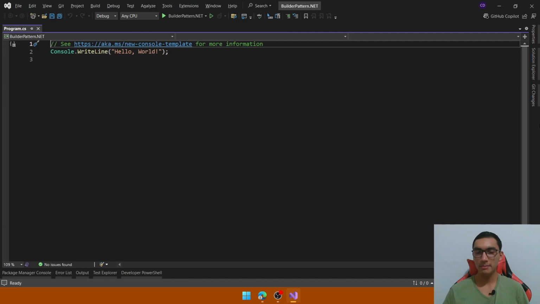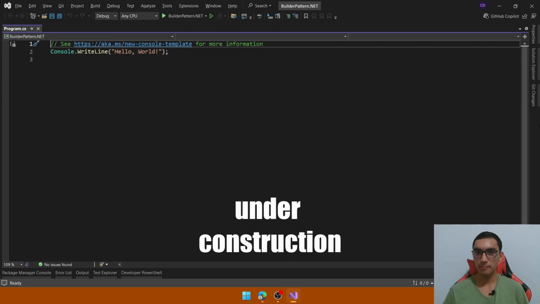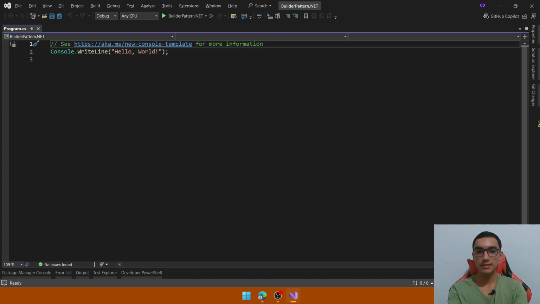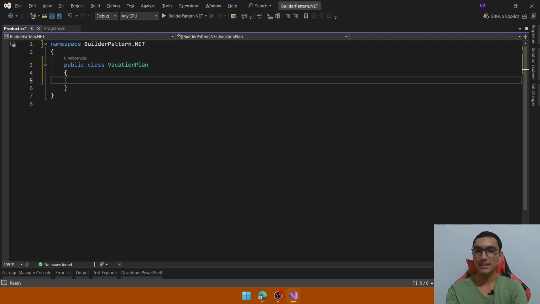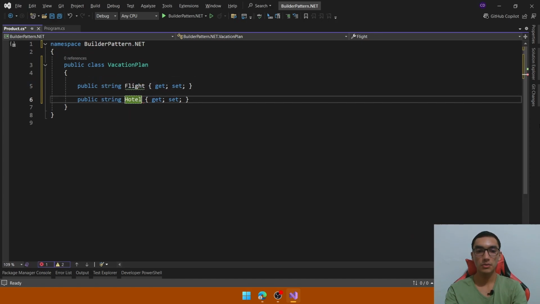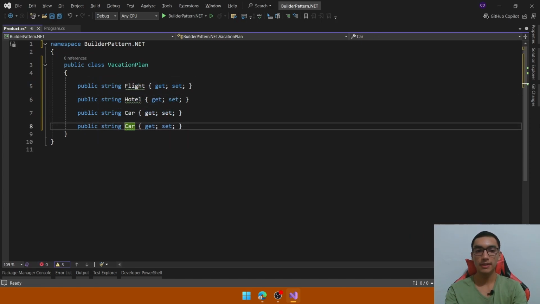So the first element is the product, which is the complex object under construction. So create a new class, define the name of this product, which is VacationPlan. Let's add several properties to get the details about this vacation plan. The first ones will be the flight, hotel, car, and finally we'll add a new list to get the packages